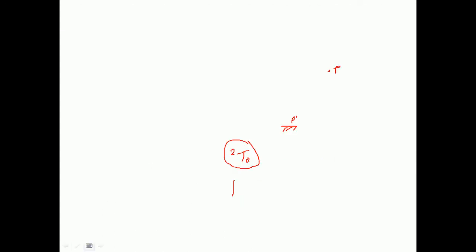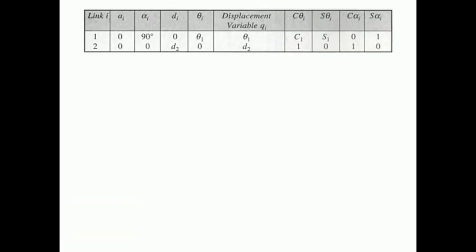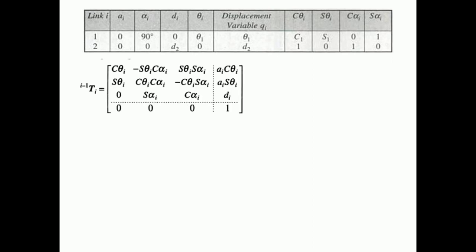So first I have to erase this. So this is the DH parameter which we already found. This is the homogeneous transformation matrix which we got after doing these 4 transformations.